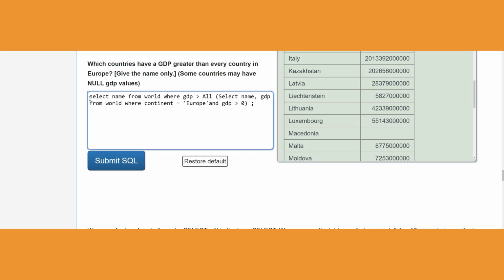So we're going to compare the name where the GDP is greater than all of that list, which countries have a GDP greater than every country in Europe,